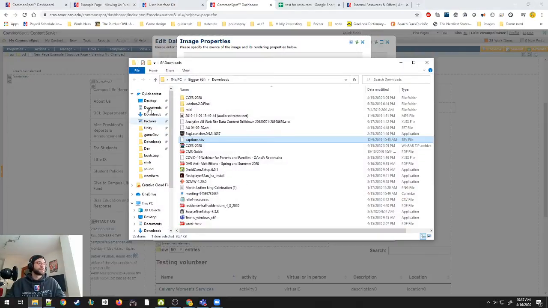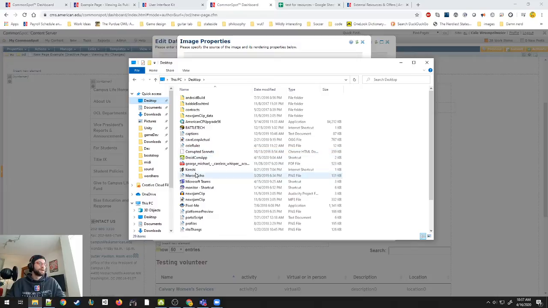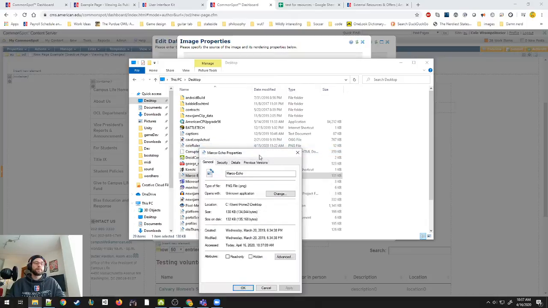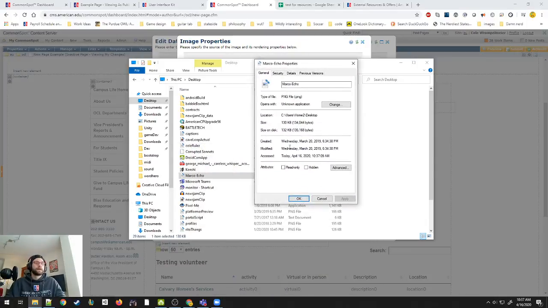So where was this? This was desktop. Marco Echo. So I've got it set up where I can see my file size just in this. This should work on Mac or PC, but basically you go to the properties. I think for Mac it's get info. And on here it should show the size. 130 kilobytes, great. If your file size is approaching a megabyte, which remember a megabyte is 1,000 kilobytes, then it's too big. It needs to be under a megabyte. Honestly, 130 is bigger than any of your images need to be.